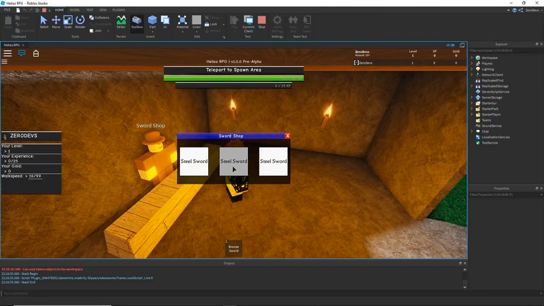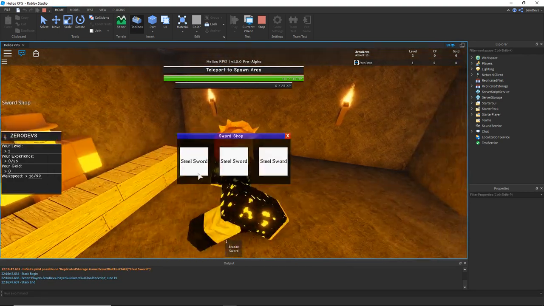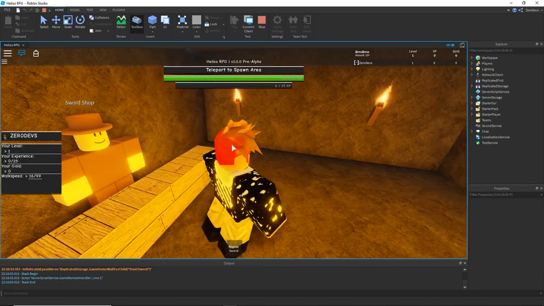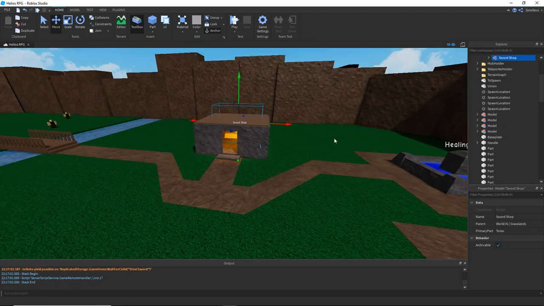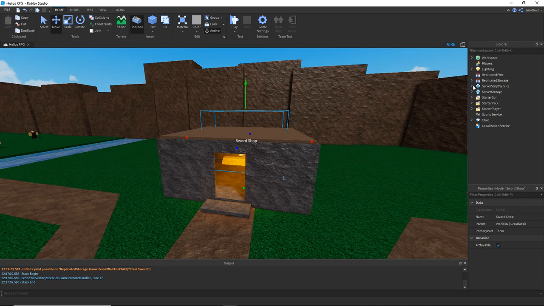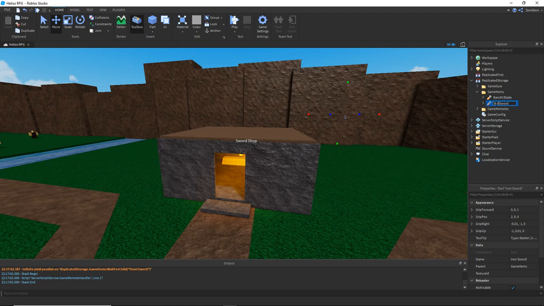Yep, so if you walk up to the shop, there's these 3 items. If you click one, oh, odd, nothing happens. Maybe it's not set up. Oh, I see. So I guess the kit's just kind of messed up where it looks for steel sword where the item name's actually iron sword. So if you go to replicated storage, game items, if we just change the name of this to steel sword,